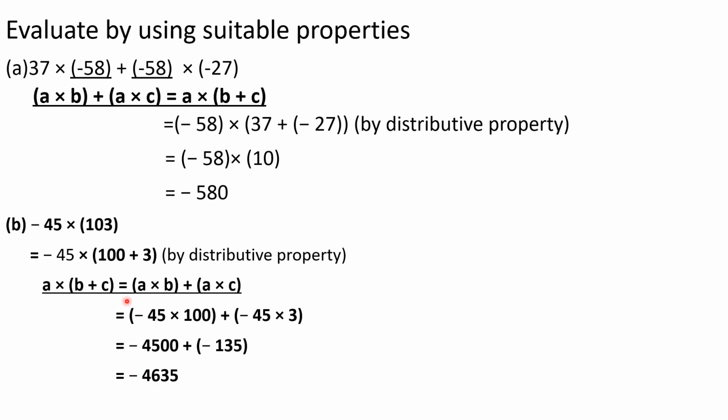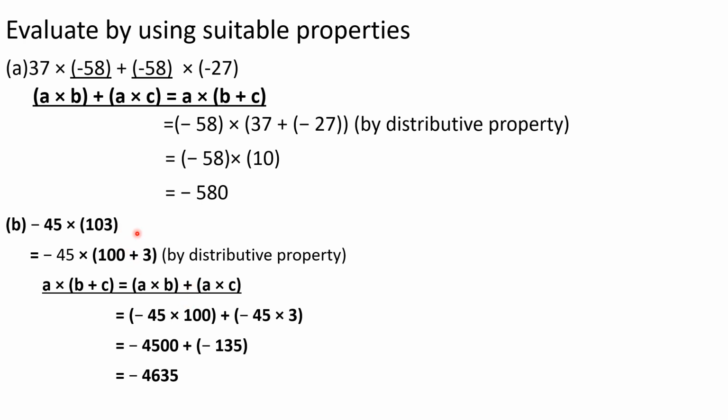So this is very easy if you identify which side is given. Either the left hand side is given to you or the right hand side is given to you. If the right hand side of the form is given, I have to find the answer for the left hand side. If the left hand side of the form is given, I have to put it in the form of the right hand side. In the first sum, the right hand side of the form was given, I found the answer for the left hand side. Here the left hand side of the form was given, I found the answer for the right hand side.